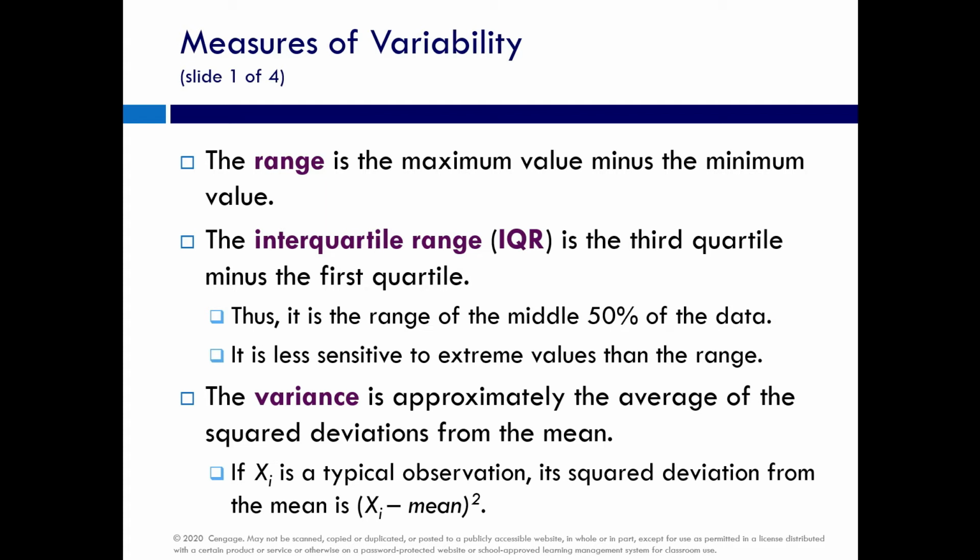Variability. The range is the maximum value minus the minimum value. The interquartile range is the third quartile minus the first quartile. This is the range of the middle 50% of the data. It is less sensitive to extreme values than the range. The variance is